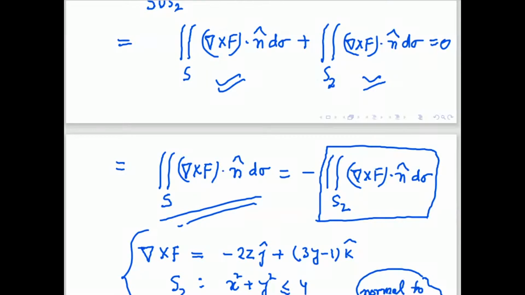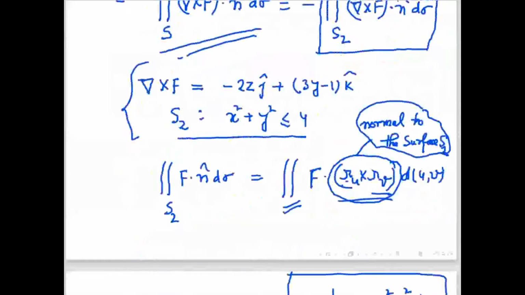If you have a surface integral over any shape, like in this case it is a cone, then for whatever part is open, you can apply the surface integral directly over that part, and both will be equal by using the Gauss divergence theorem. Whatever is happening in this case, the surface integral over the cone is the same as the surface integral over the circle. But if you calculate the surface integral over the circle, you will use this convention.